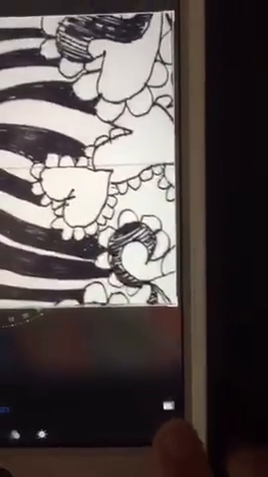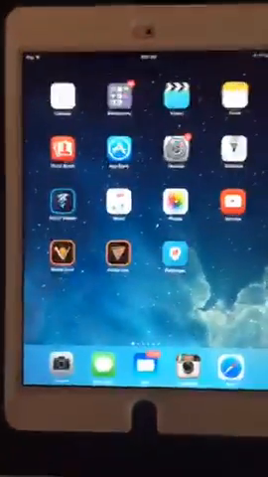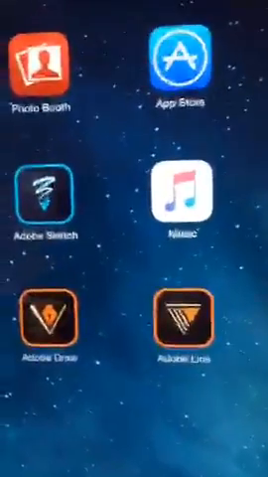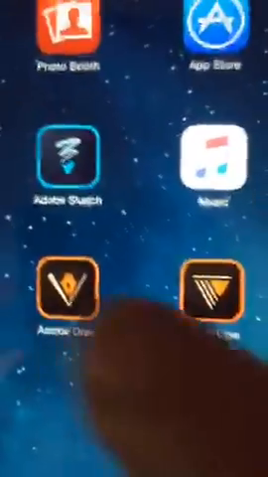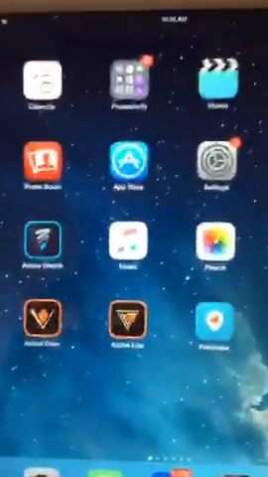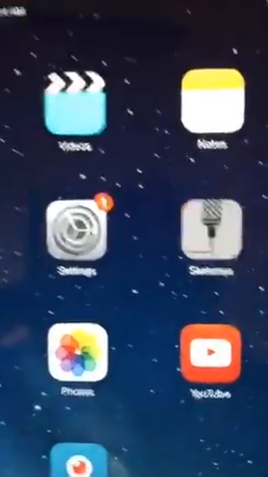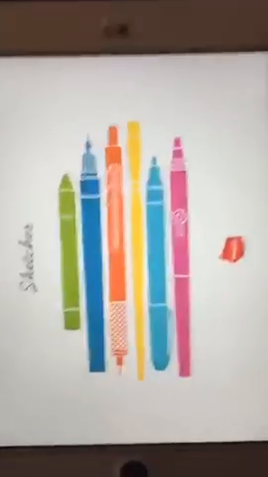And now I'm going to take you into an app. So we'll go back to, I'm just going to close my photos, push done, and go back into my apps. So let me show you the apps. Have any of you ever used any apps for digital before? These Adobe ones I love: Adobe Sketch, Adobe Draw, and Adobe Line. If you're a total beginner, which I was just a few weeks ago, I would rather go with this app called Sketches. I just want to show you what it looks like so you can fall in love with it like I did. Whoops, where are my tools?